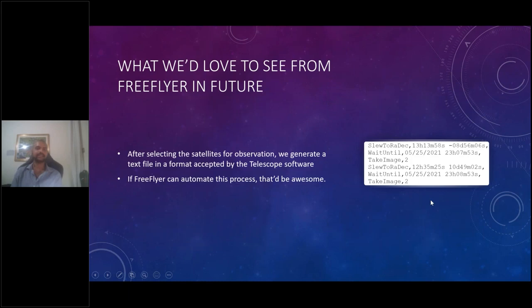And what we'd love to see from FreeFlyer in future is a way to export the text file that is generated from the right ascension and declination that we could directly use with the telescope software. So this is the format that we use for the telescope. So the command slew to RADDEC